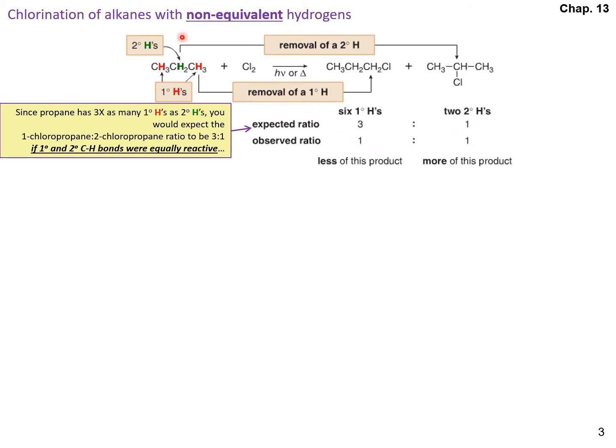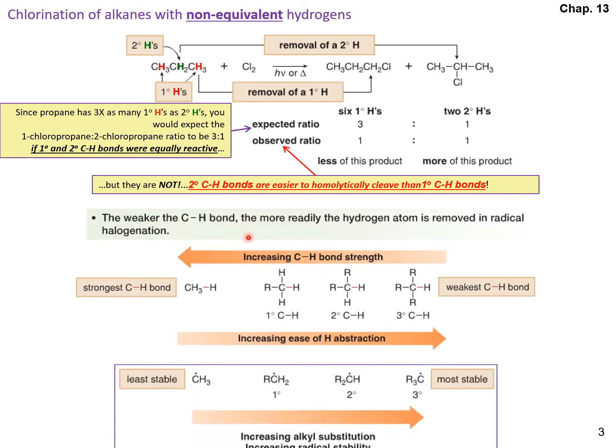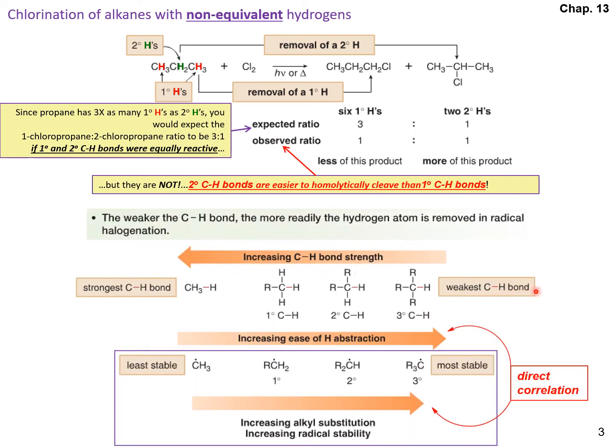Why is it that we're getting more reaction than expected at the secondary carbon than the primary carbon? That is, we have some selectivity preferentially at the secondary carbon. Well, the answer goes back to the stability of radicals. We said earlier that the more substituted radicals are the most stable radicals, which means that they're the easiest to form. So a tertiary radical is easier to form than a secondary radical. Secondary is easier to form than a primary radical,